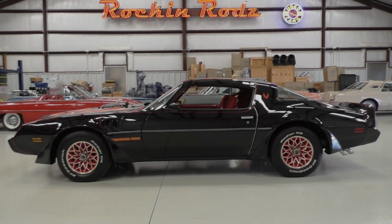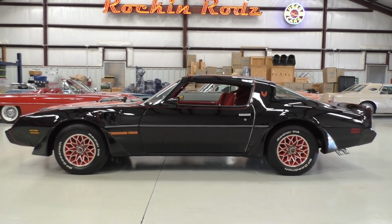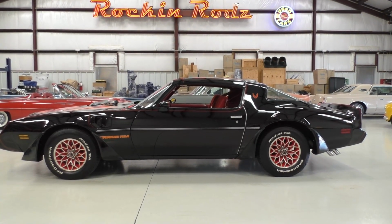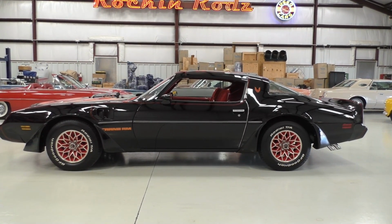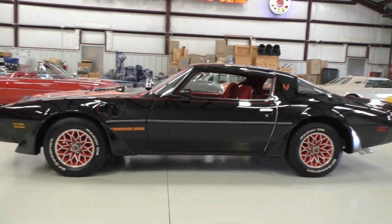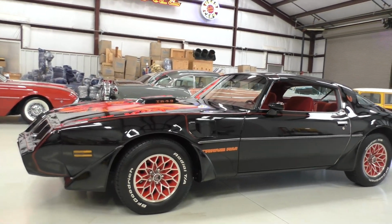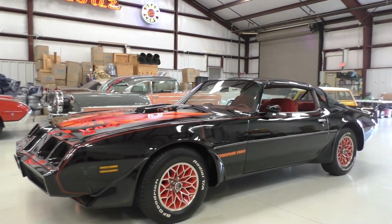All right, here we are on a beautiful Texas day, handling several cars out of a private collection here in the Dallas-Fort Worth area. It's a little bit windy outside. We drove these cars down to the park and did the photo shoots and are bringing them back indoors here. Anyway, very nice, 13,000 actual mile,